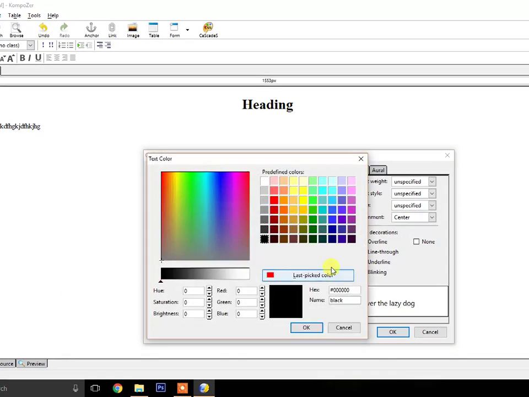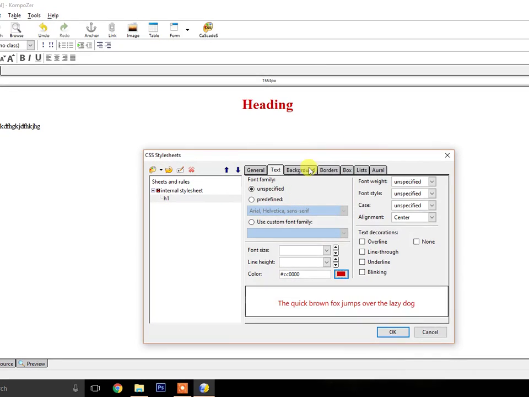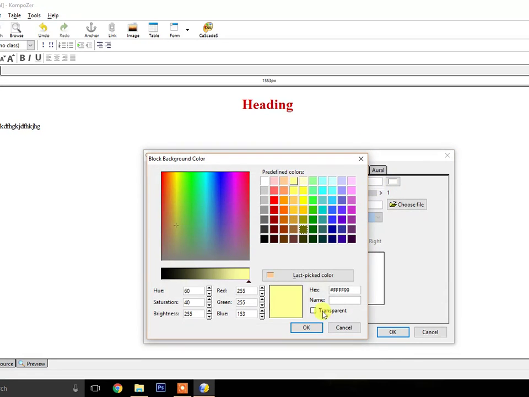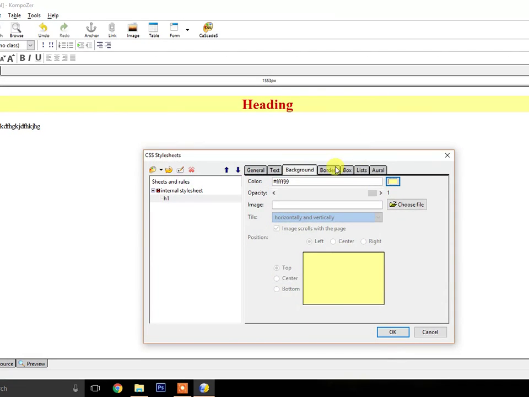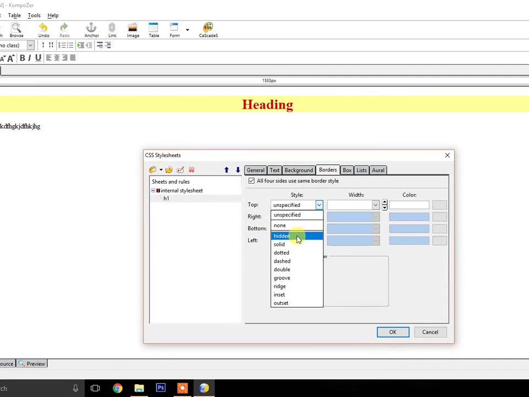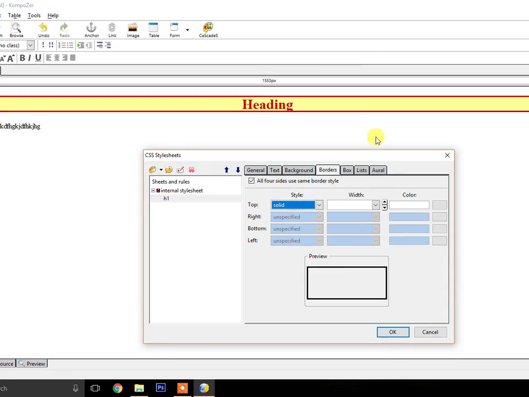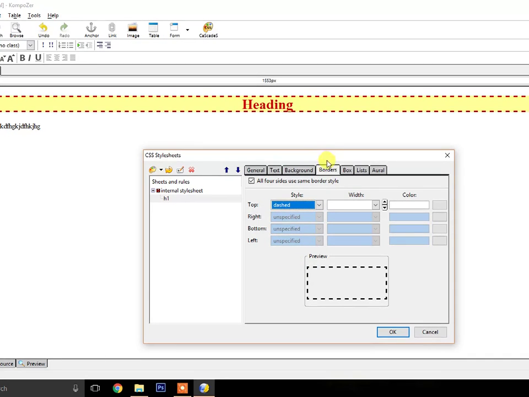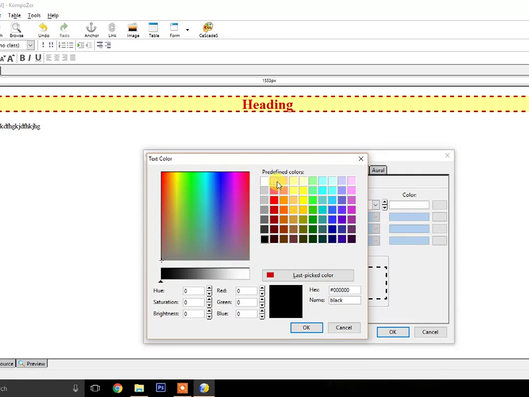Color, then background, you can apply from here. Then borders, you can see any border. And if you want to apply a border color, you can apply any from here.